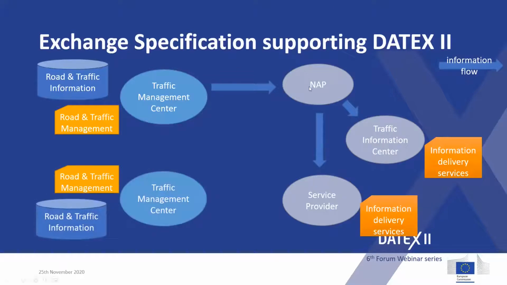But it's not ended. Other traffic management centers may be of interest, because neighboring traffic management centers could exchange their data with each other, mostly for information purposes. And we have now a yellow arrow here: we can take decisions together. Traffic management centers may exchange information and, based on the information, help each other to better enhance the network management